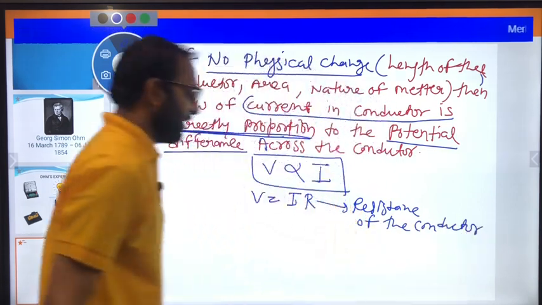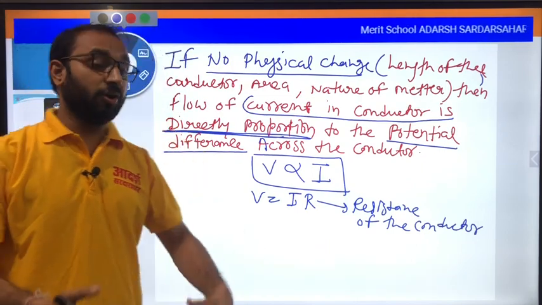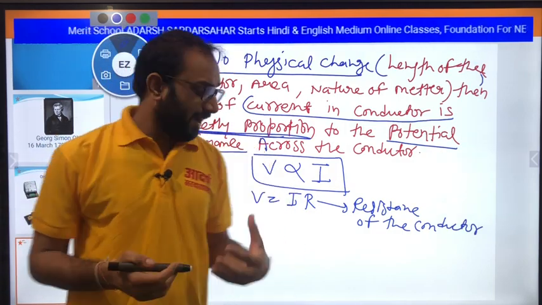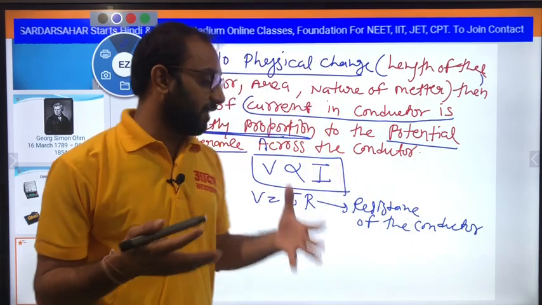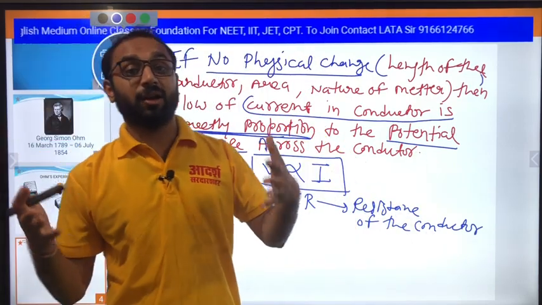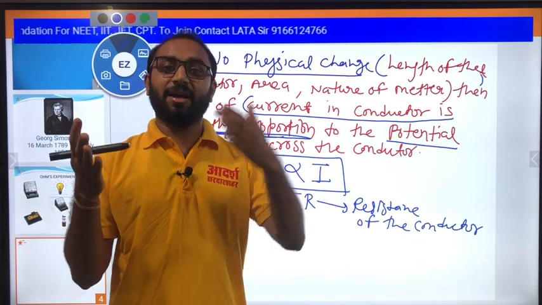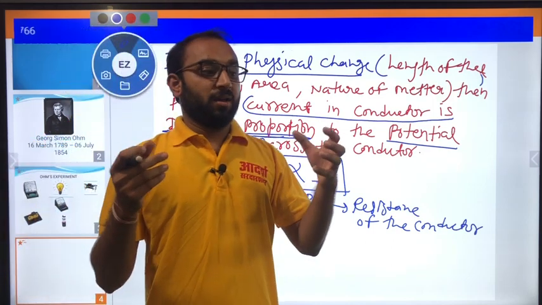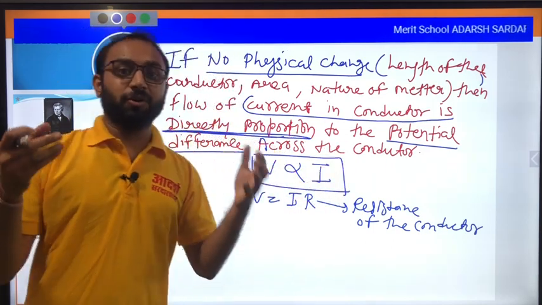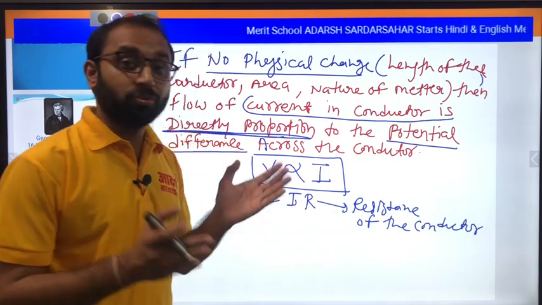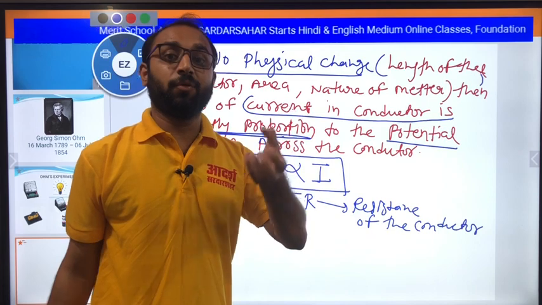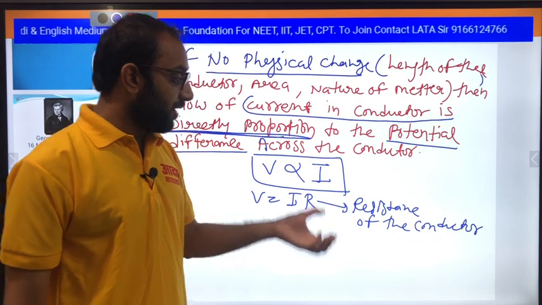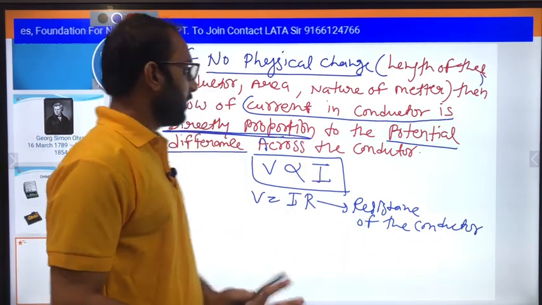Okay, and what is resistance? Resistance is a property of a material. Every time it resists or opposes the flow of current. What is the reason the flow of current is opposed? Due to drift velocity, when charge flows from one direction to another when we apply the potential, there is repulsion between the electrons and collision between the ions and electrons. Due to both reasons, the speed of the flow of charge or electrons decreases. That decrease in speed is called the resistance of the conductor.